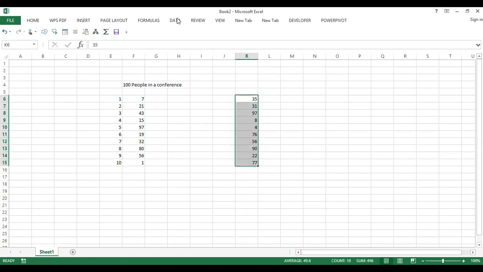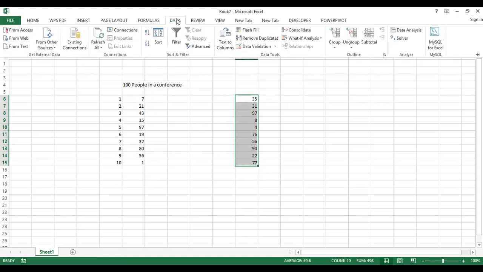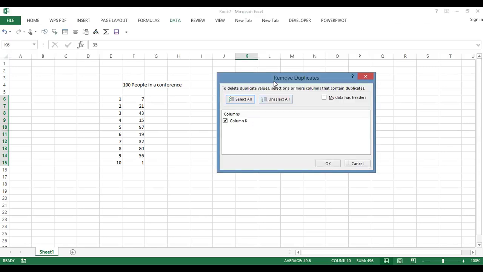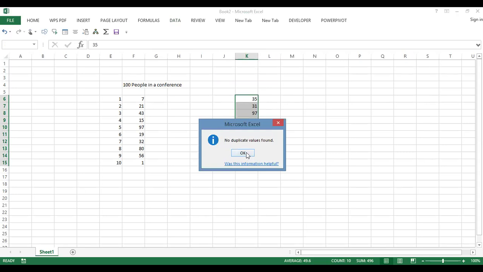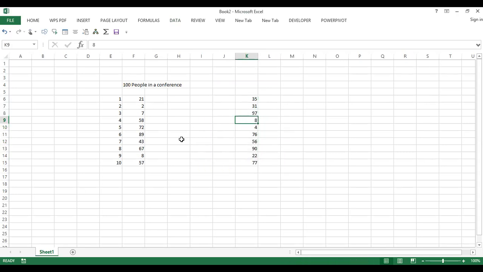How do I do that? I can just click on remove duplicates. No duplicates found. Okay, all right. So now we have